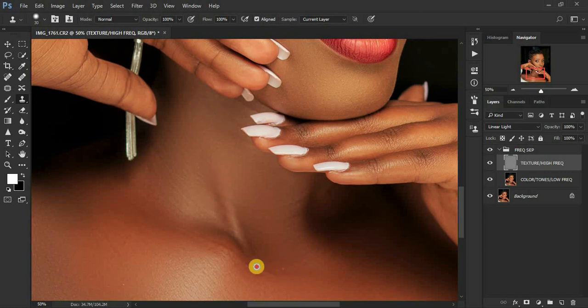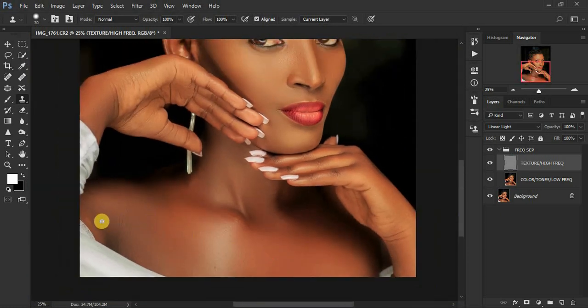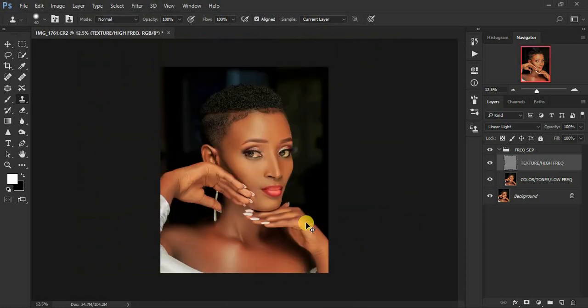So basically we are just trying to do a little bit of cleaning up onto the model's face or the model's skin. So let's just clean up there. So I think we are done with removing the pimples or the blemishes from the model's face. So this is the before and after for removing those pimples or blemishes from the model's face or